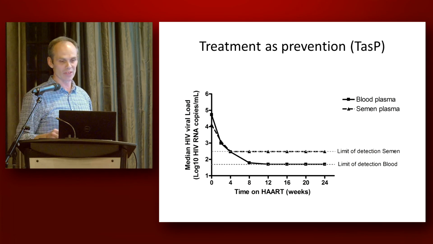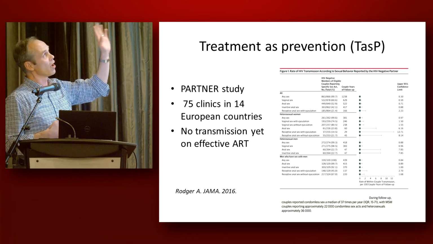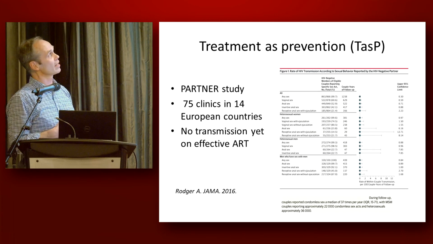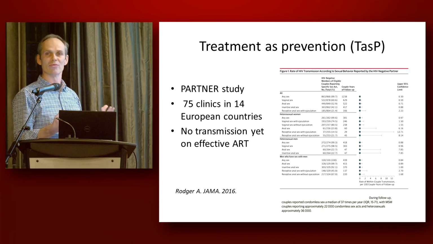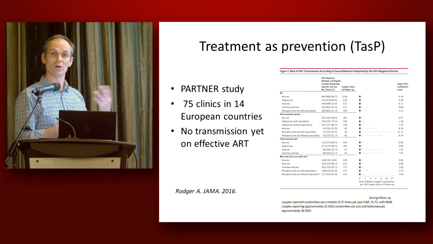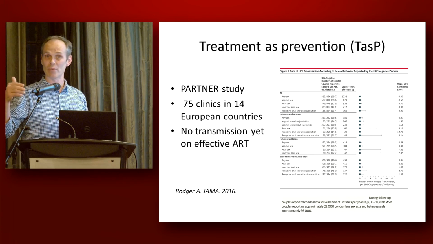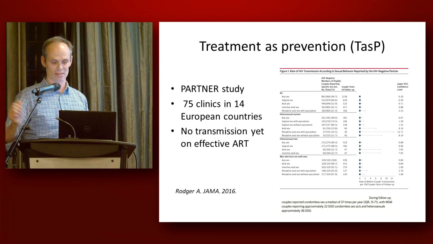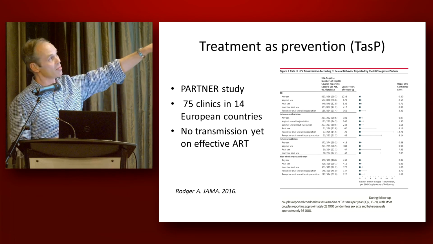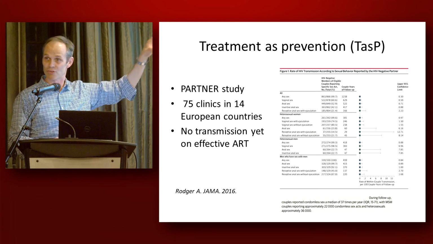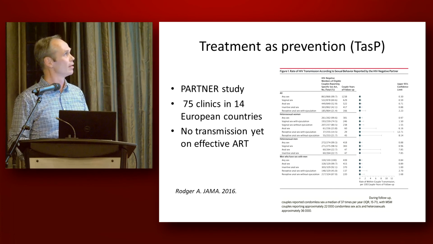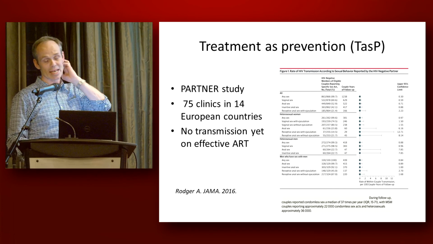And in keeping with that, the PARTNER study, and I know there's going to be much more detail on that, but in a number of studies around the world, we've been looking at what is the risk of HIV transmission when I'm on treatment and my viral load in blood has been undetectable for a few months. So again, we know from back here that means that the viral load in the genital tract is also going to be undetectable. And the answer is we haven't seen any cases.